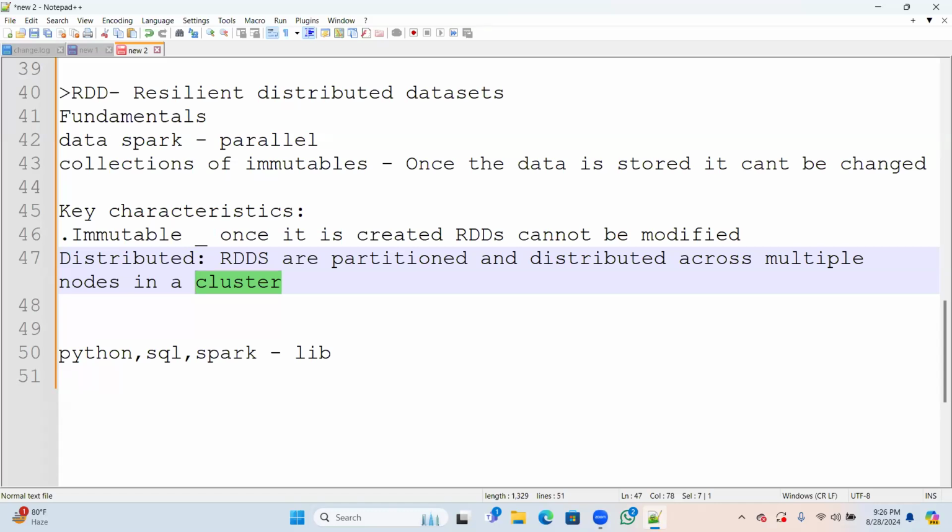For example, some data I'm processing: the related data we have is processed in a single cluster only. There are some groups of machines or servers that will execute all the related jobs, and those come under this cluster. In this cluster we also have multiple nodes.